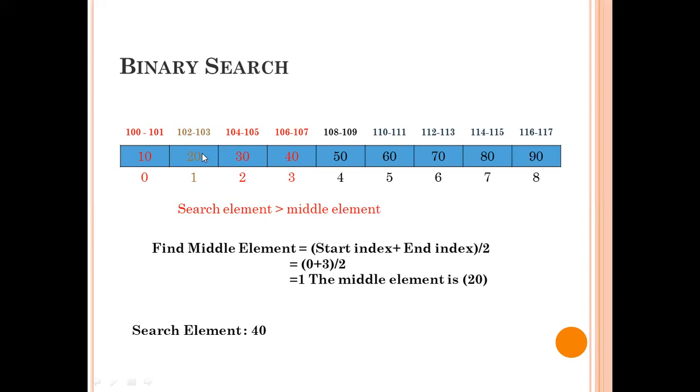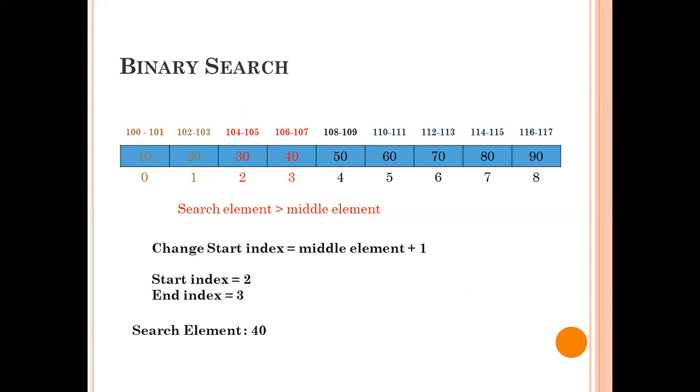And what happened? The search element is greater than the middle element. So what we have to do? We have to search in the remaining half. Remaining half in the sense we already have adjusted your middle element, like we are not going to search beyond this middle element of 20. Now we are going to search in between this, that is in this 2 index and 3 index we are going to search for. So for these criteria, we have to adjust your starting index, right? When the value that you're going to search for is greater than the middle element, then we are going to use this formula. Start index is equal to middle plus 1.